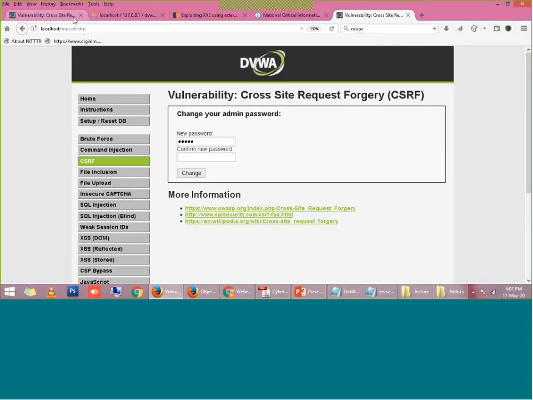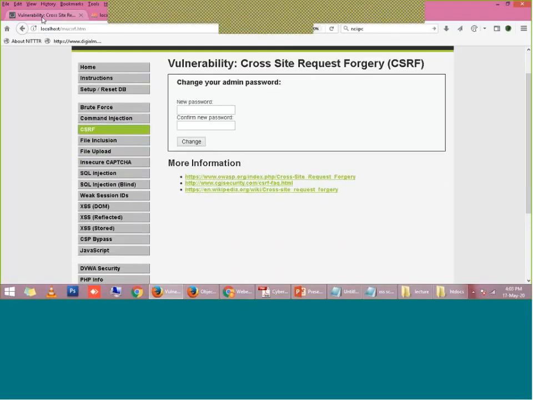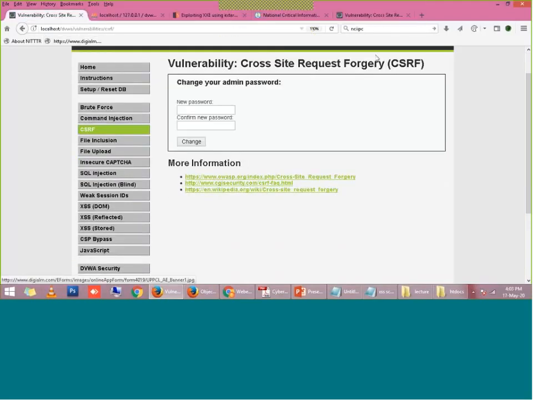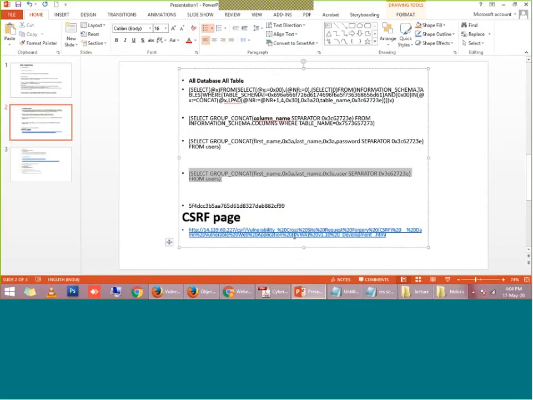Because both victim and attacker are on the same server, you can see here localhost, right? Alternatively, if I am a hacker sitting remotely, I can host this attacking page on a different web server, right? Like this, I have hosted this page on some different server.